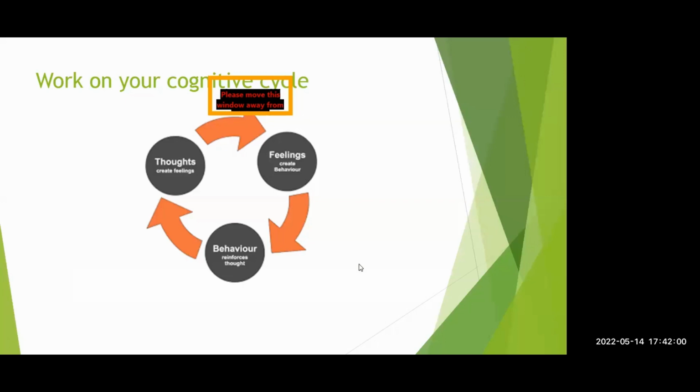Cognitive cycle always starts with thoughts. What are your thoughts? Am I a good doctor? Am I doing well? Am I less than the others? Am I as good as everyone? Those are the thoughts that you are implanting in your head when you think negatively, and it will lead to stress